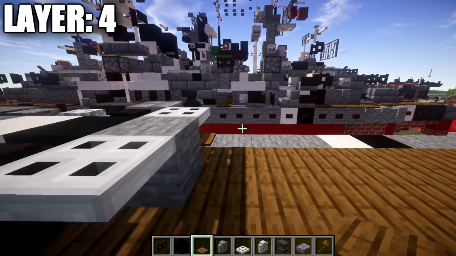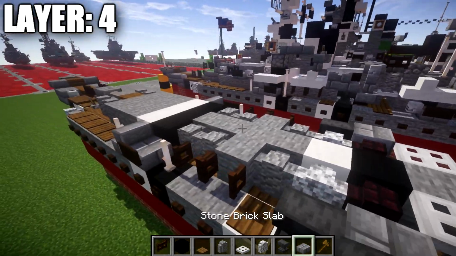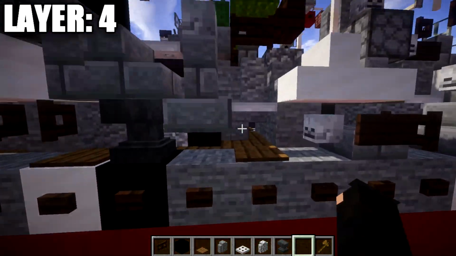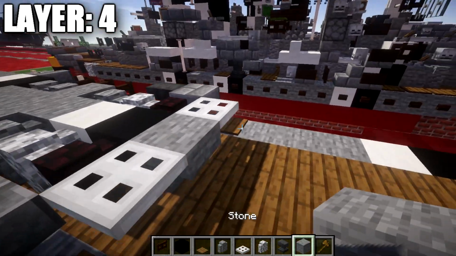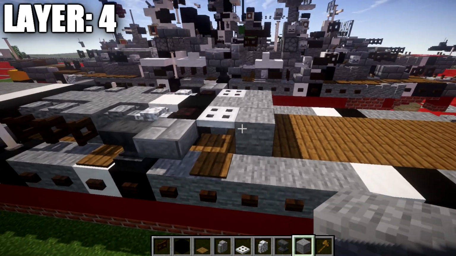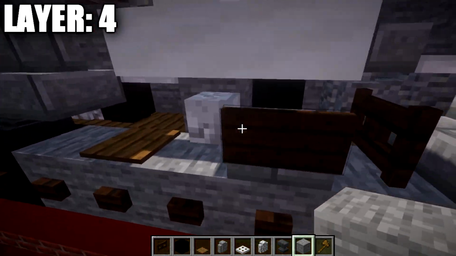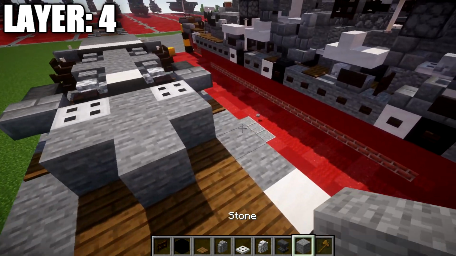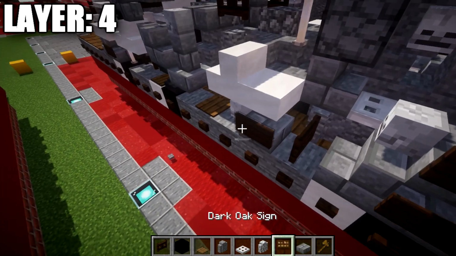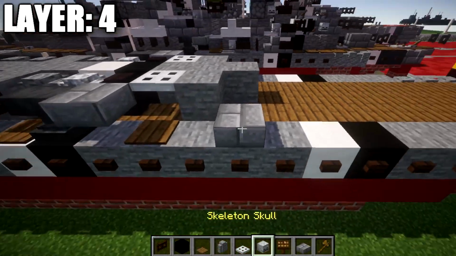Our next section here, we're actually going to swap out this stone block here for a stone upside down stair. So this right here is actually going to be a stone upside down stair, and then we want to go ahead and place down a row of 3 of stone blocks across. We're going to then place down a stone block here in the middle, and then a stone brick slab to the side here,